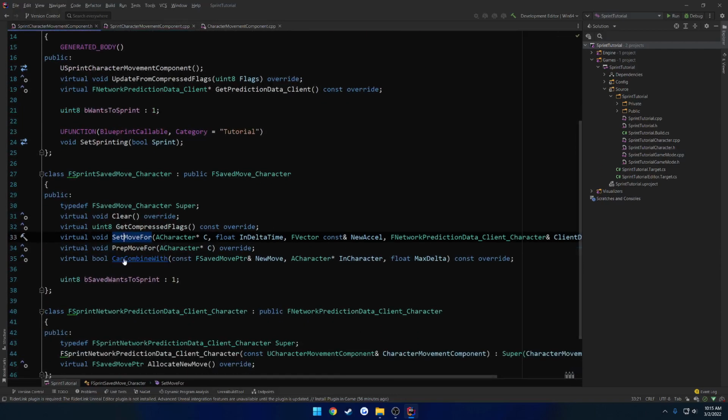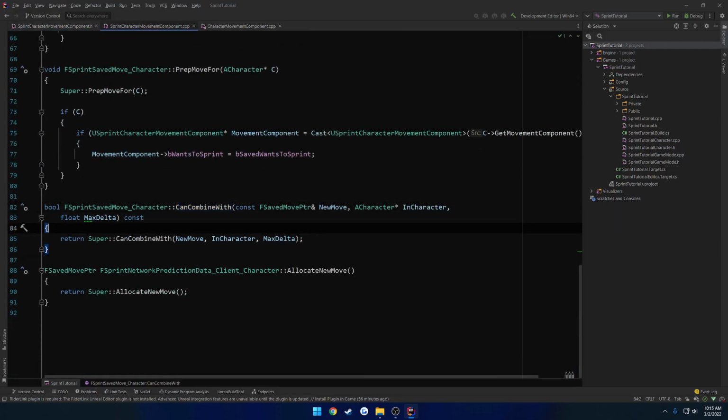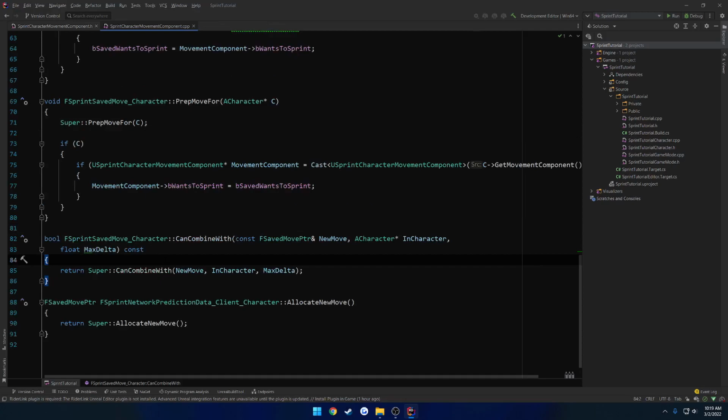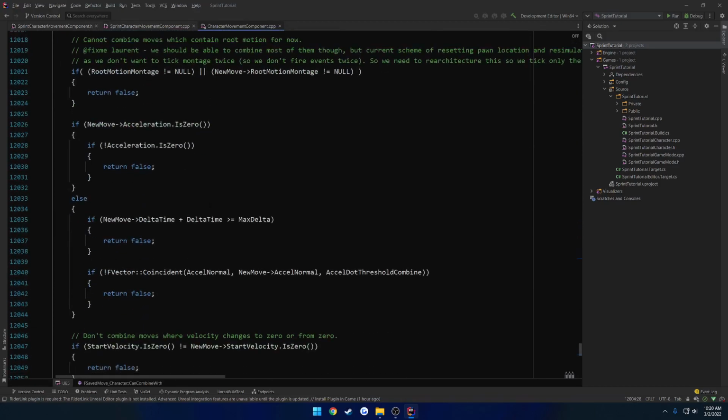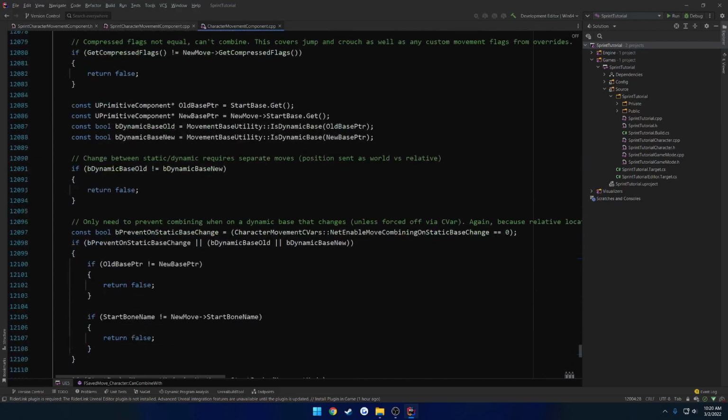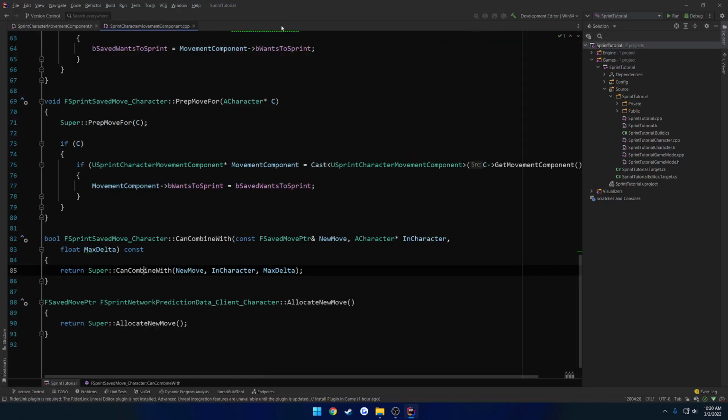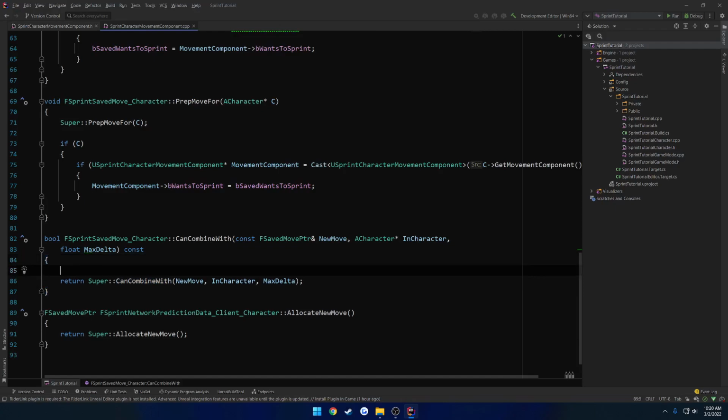Okay, next up, CanCombineWith. So really what we're going to be doing, the only check is going to be whether or not the new move is equal to our bSavedWantsToSprint. If we look through the CanCombineWith parent call, you can see it's basically just a bunch of different conditions based upon what they want to have set. So that's, again, the only thing we're going to bother with. So if bSavedWantsToSprint does not equal the new move's SavedWantsToSprint, in which case we will